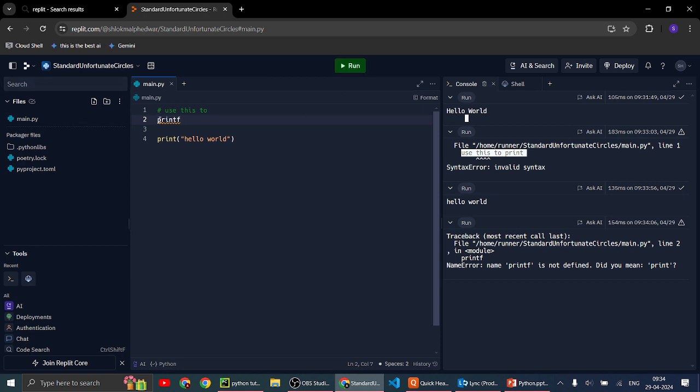So you will again do it like this with a hash. For multi-line comments, you have a different way. It's a simple Hello World program.